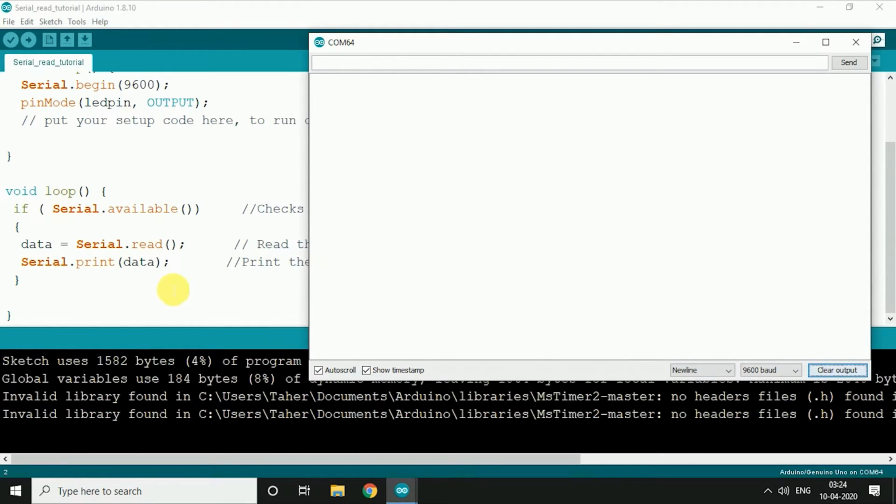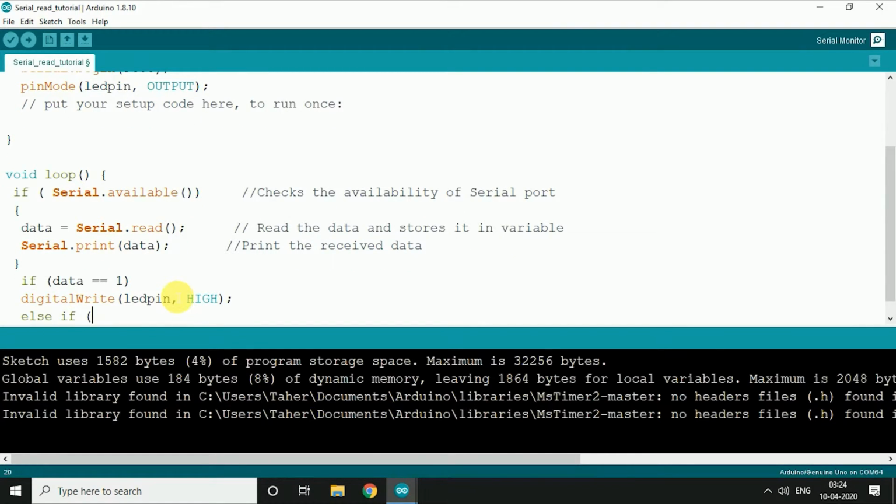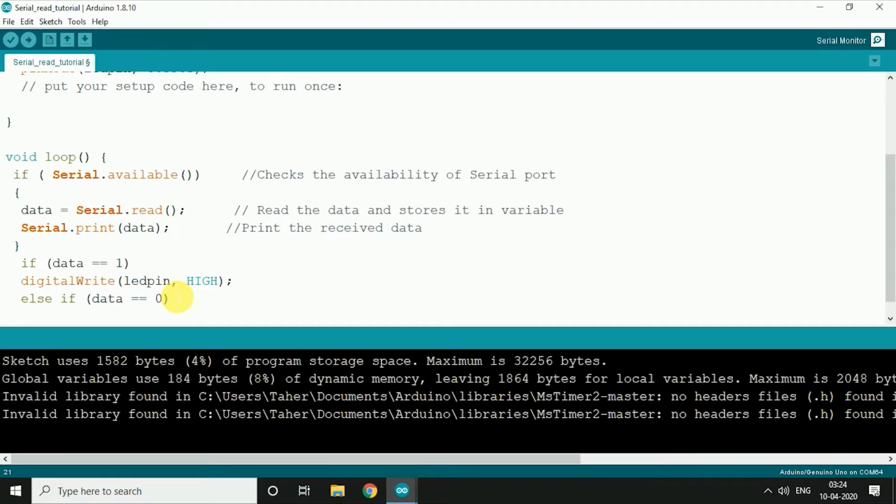Now let's do something interesting with the data we are getting. We'll write an if and check if the data is 1. So we will digitalWrite our LED pin to HIGH. Else if the data is 0, we'll compare for 0 as well because we can send any value.